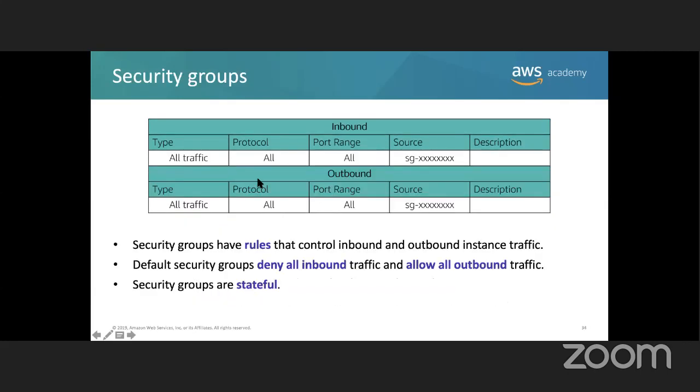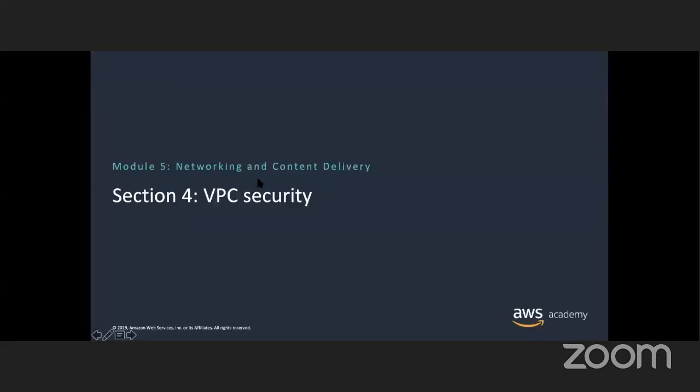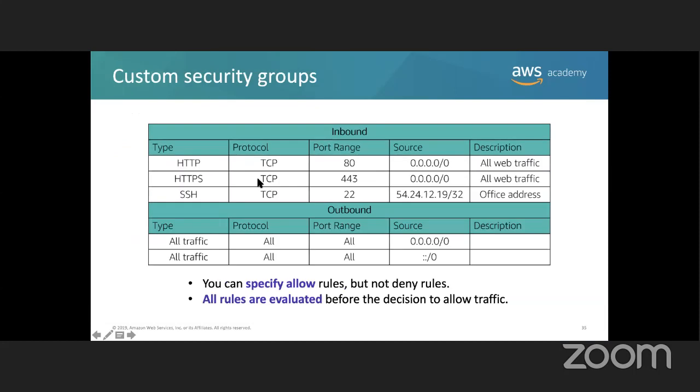HTTP, you're opening port 80, right? The source is any IP address and all web traffic. HTTPS, you're doing the same. The protocol is TCP, 443, and that's going to be any traffic. Okay. SSH, TCP, that's the transport protocol, and the port is 22, and the only address that's going to be able